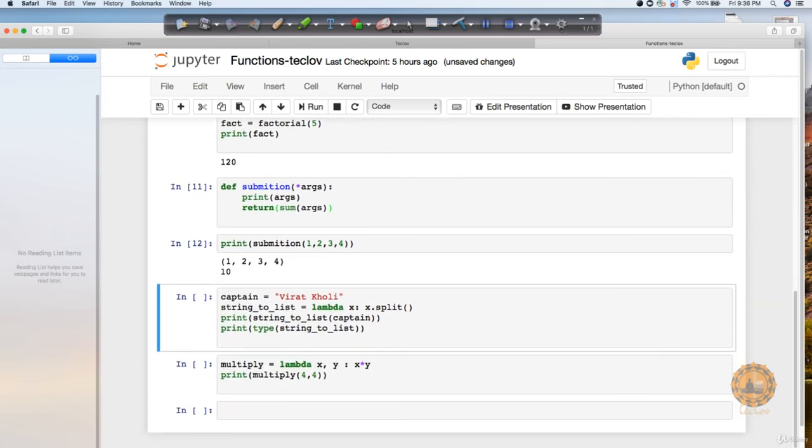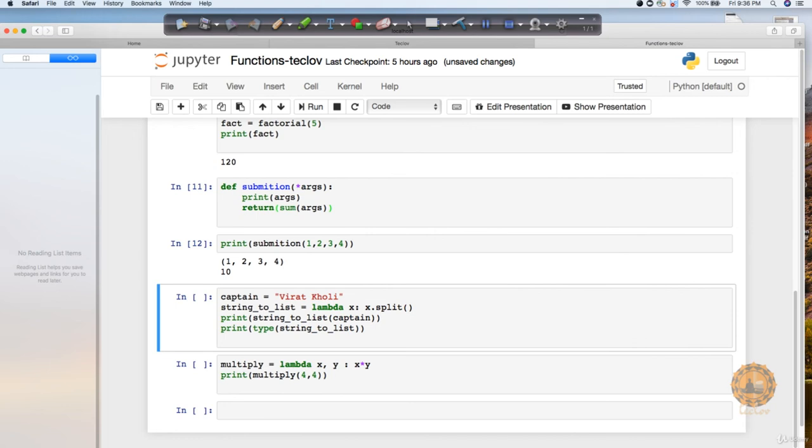Similarly, let's say you want to create even a few more things, like you don't want to define the name of a specific function. You can do that with the help of lambda function. This is also called an anonymous function. The way we do that is, let's say I have a variable called captain where I have Virat Kohli. Now I'm just saying that I want to split it. Now I could have given a name to a function and in that def name of the function and provide the split. But instead of that, I'm not defining any name to my function. I'm just using this lambda keyword. So lambda keyword means I'm talking about an anonymous function now.